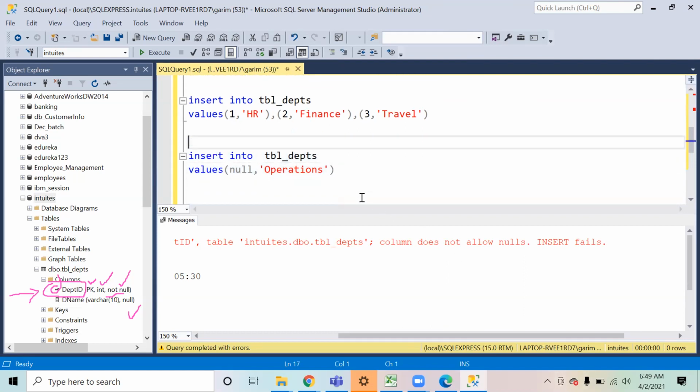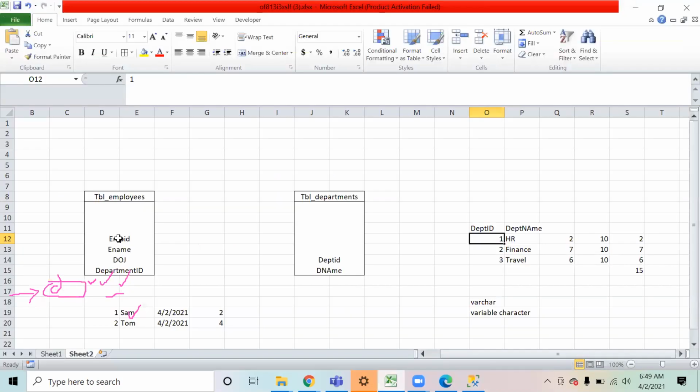Now what we are going to do is create another table. But before we create another table, I'm going to explain a new concept to you. We have understood what a candidate key is and what a primary key is. There is also something called a foreign key.